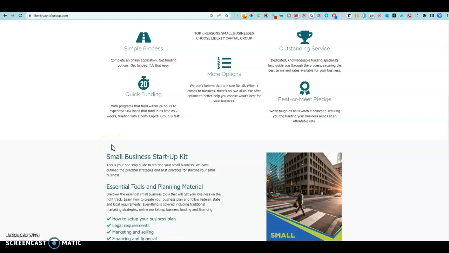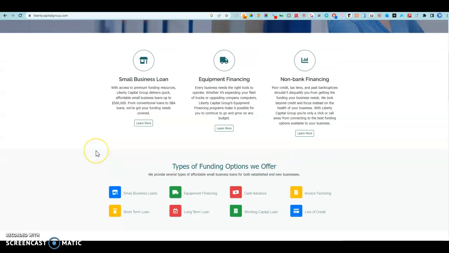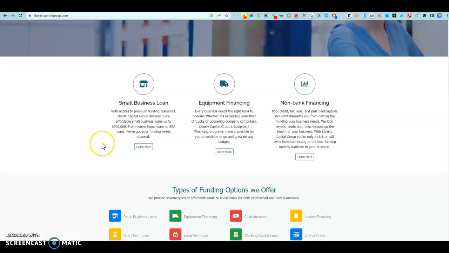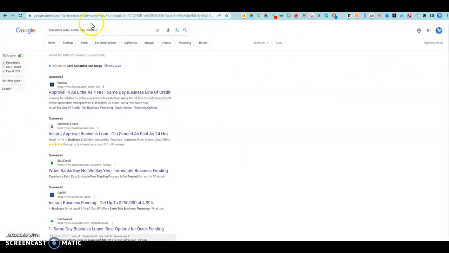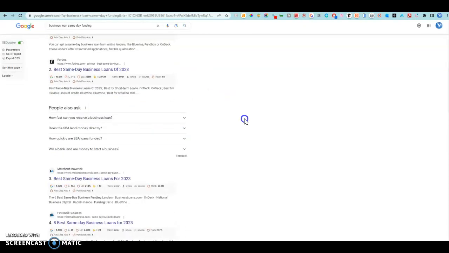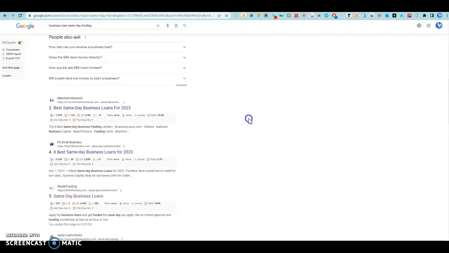Now, by authoritative, I mean exactly what you do, exactly who you are, your offerings, your services, the specials, your deals, everything. But within that text, you need to sprinkle in keywords. Those are the keywords people type when they're looking for your services. For example, I know in your niche, a keyword a lot of people type is business loan same day fund. And these are other keywords that Google puts here after learning what people are typing for, what they're looking for. It also learns who to bring up here.